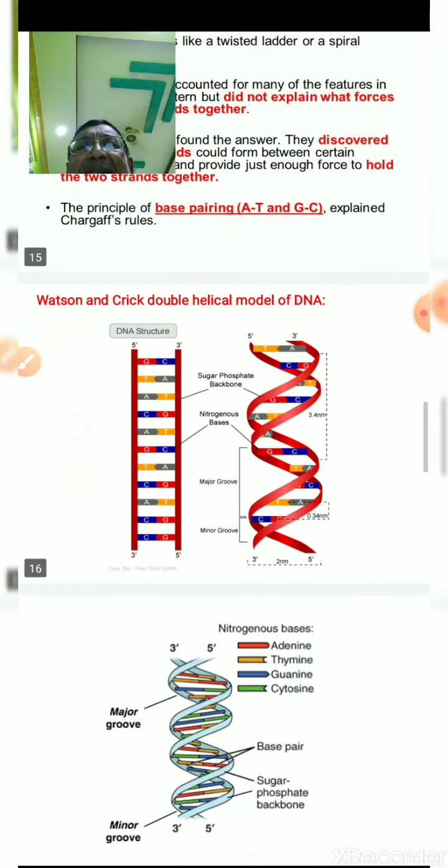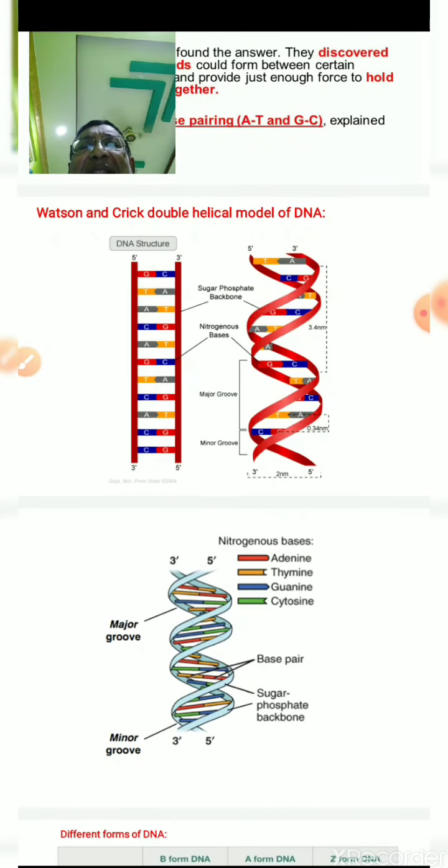In my next slide, I have given the ladder-like shape of DNA and the twisted structure of DNA. This structure very nicely shows that if one strand starts at 5', it will end in 3', and the complementary strand will start at 3' and end in 5'. In a turn of the DNA, there is one major groove and another minor groove. The major groove is very wide and deeply situated, whereas the minor groove is not so wide and is very shallow.